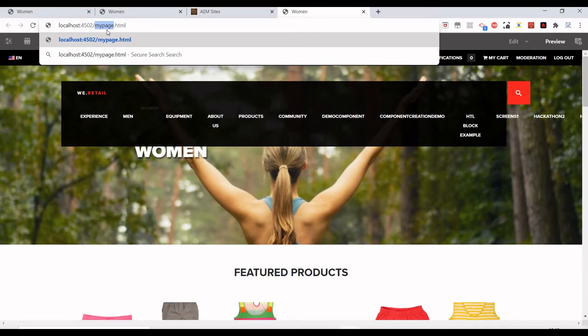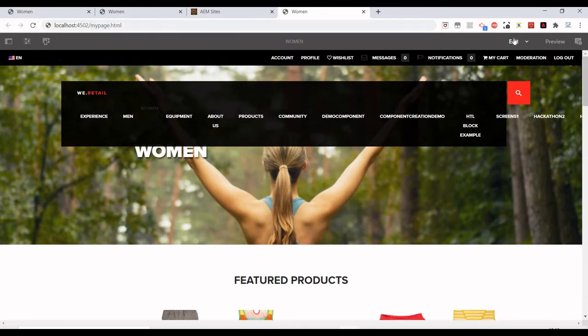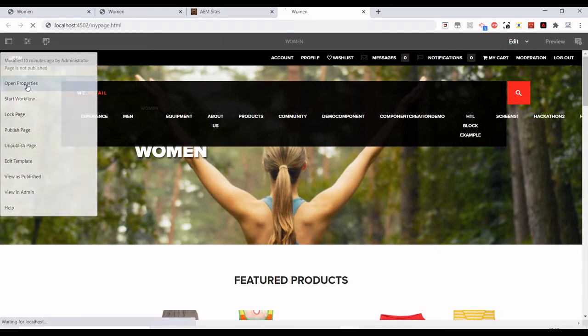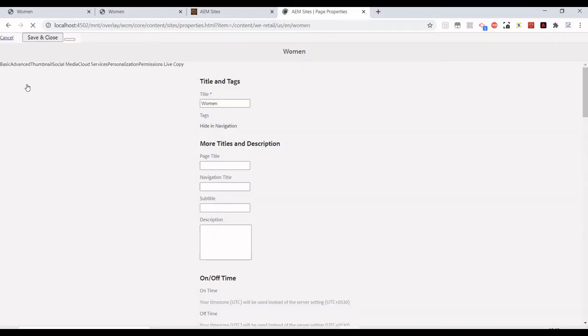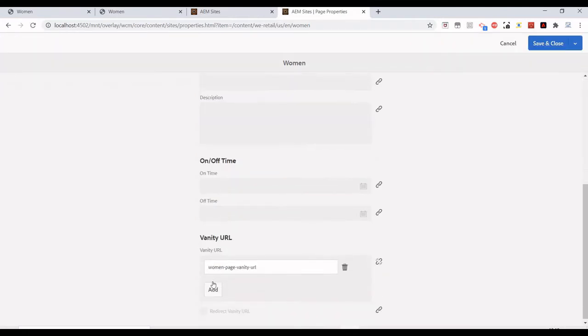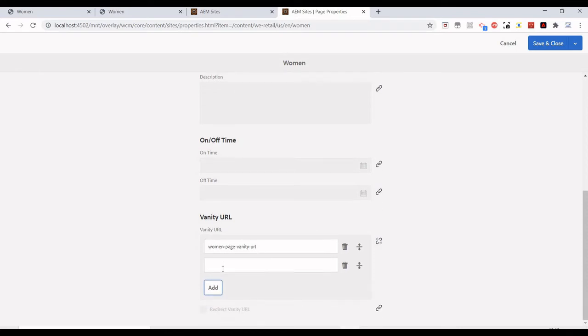First, let's talk about vanity URLs. What we can do is I'll select this page, go to page properties, and in the very first tab itself we have vanity URLs. For example, I just created a vanity URL for this. I'll create another vanity URL, mypage, and just click on save.